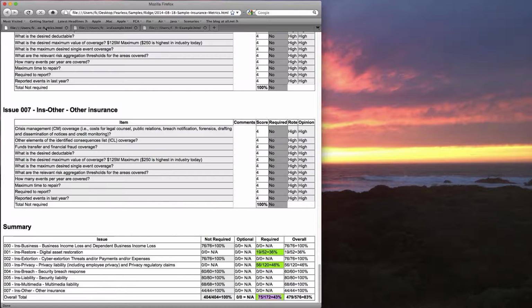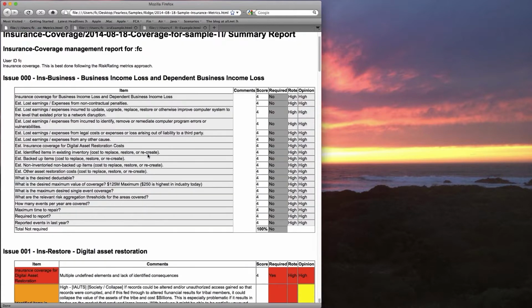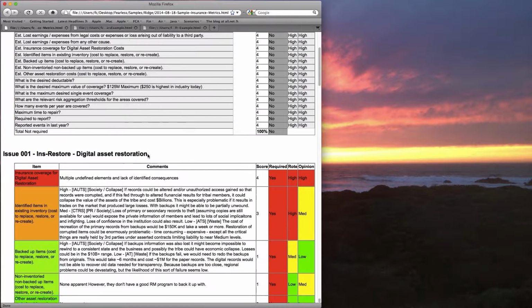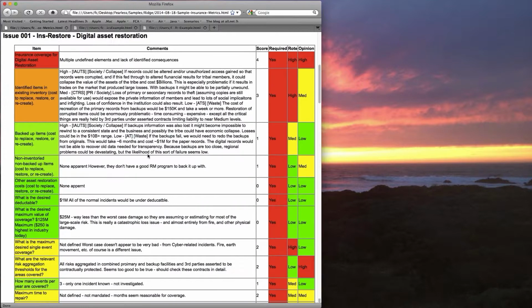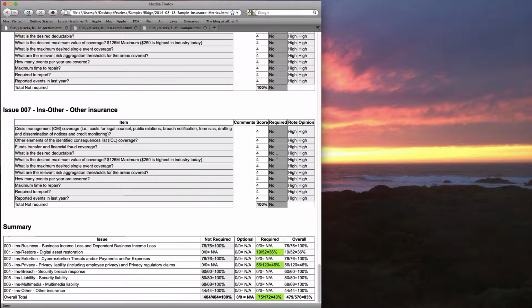Here's another example of metrics we produce. In this case, these are metrics associated with insurance policy elements. So the particulars of the insurer's different policies are included, and we provide ratings to the insurers based on that. Again, there's a rote opinion of just applying the standard of practice or applying some standard associated with the insurer, and an opinion piece. And in this case, red is high risk and green is low risk in terms of the insurer. So you can see green is a better bet